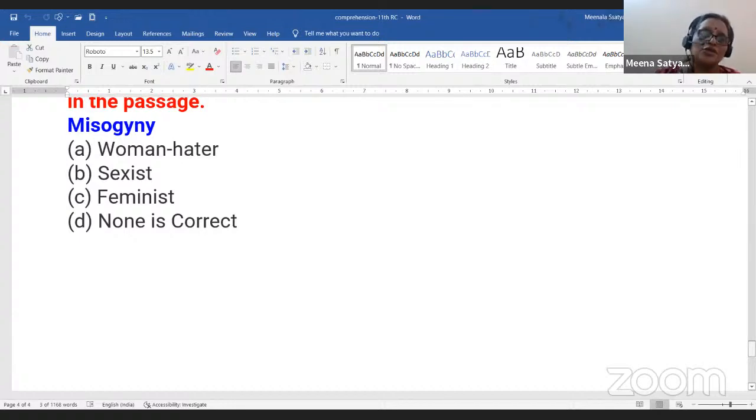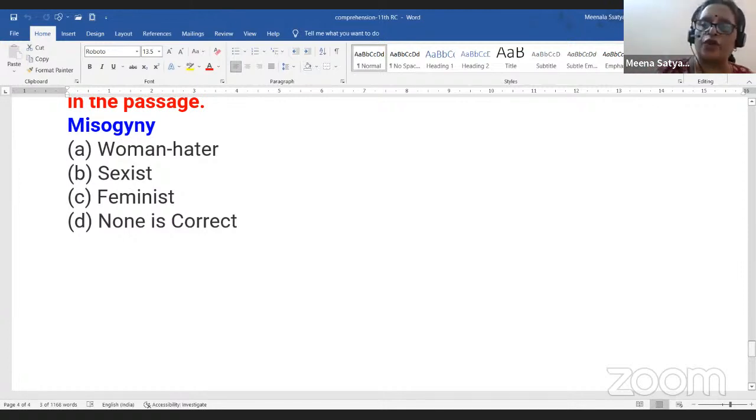There are ample passages in your own textbook. So if you could do one passage per day at this same speed, in the same manner, that is scanning the questions, scanning the passage. The first paragraph gives the central idea. The last paragraph gives the concluding idea, the summarization part. And vocabulary: check the meaning and you get the word meaning for that word. So if you practice in this manner, keeping these 5 tips in your mind,